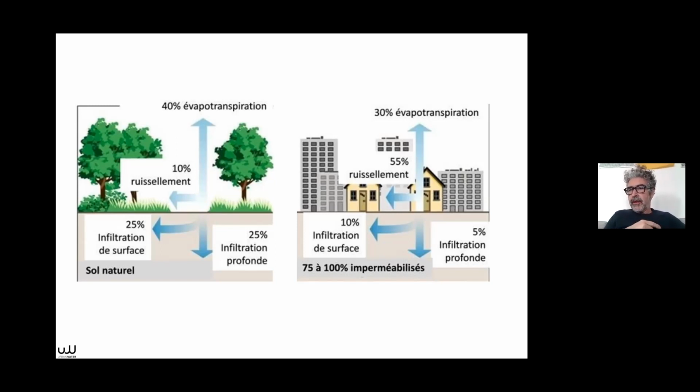So the 250 cubic meters will go to the lower point, but in 1 or 2 hours. This means that the flow rates will be 100, 200 liters per second. So if we want to retrieve this water, we've got to have a pipe that's not narrow, but has a diameter of over 2 meters. It's the city that increases the runoff peak, and this will lead to flooding. We won't be able to recover all of the water, so there will be a flood. When it rains in a city, there's no more evaporation, no more infiltration, and you create flooding.